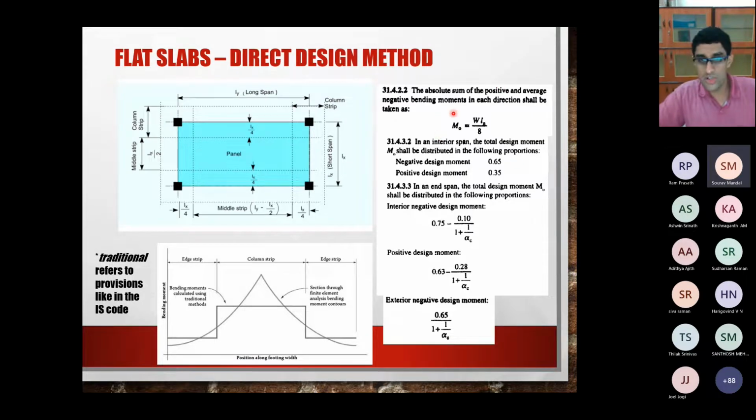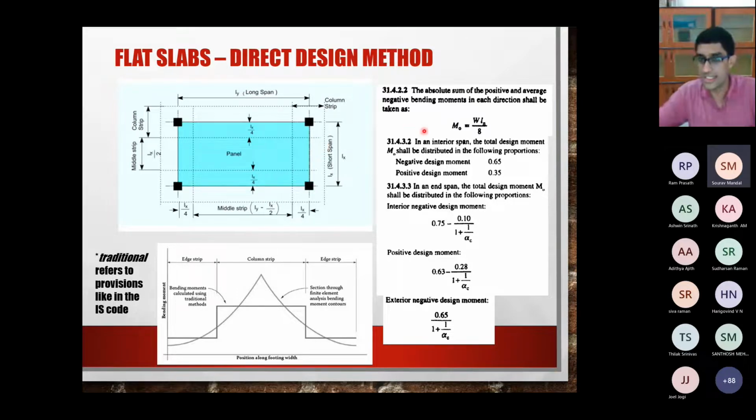So it's a very simple process to do. Whenever you're given a slab, a floor system or a flat slab system, split it into different panels. How do you decide a panel? Take 4 columns, everything between the 4 columns is a panel. If you take one certain panel like this, you will have to calculate the total moment along the x direction, and similarly the total moment along the y direction. So in both directions you have to calculate the total moment.